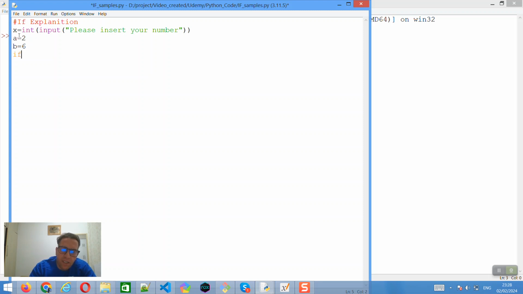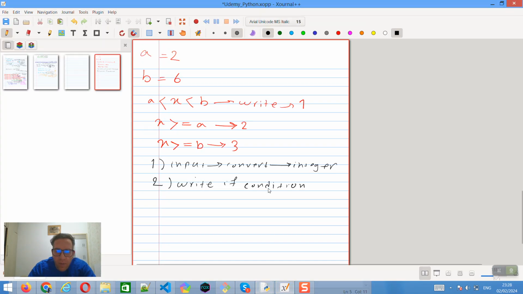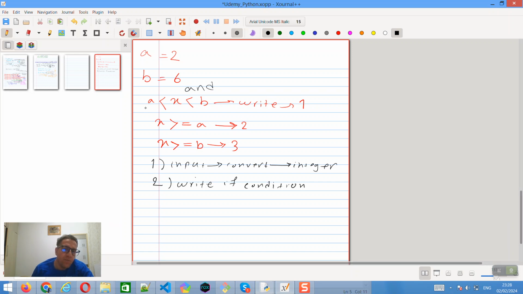First step, we write this code: if x greater than a. Please notice this code, I don't like to take more of your time because it may be boring. So notice that here it is x greater than a and less than b. What we say here is and, not or. We say and. If you notice, x greater than a and less than b, so and is important because